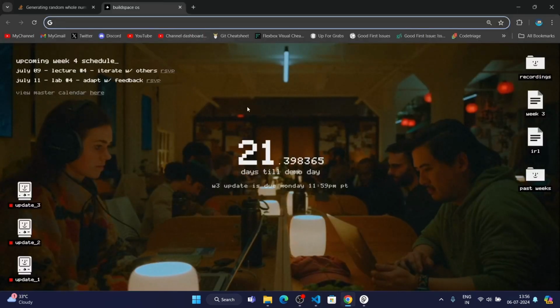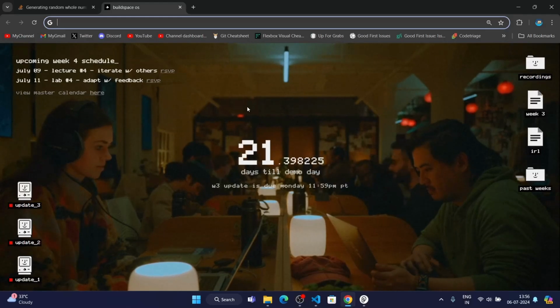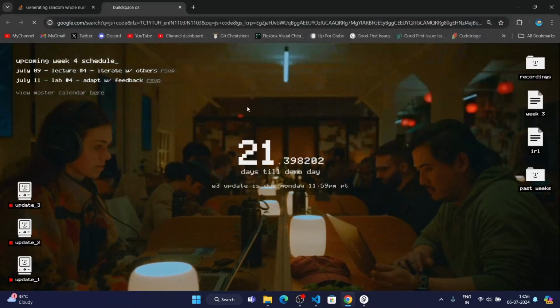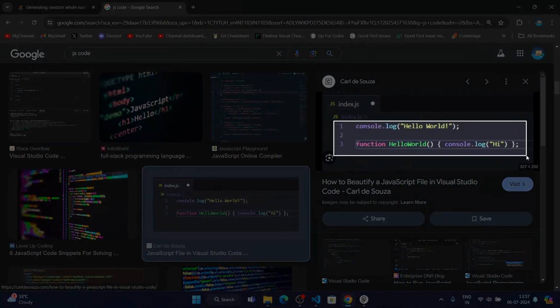You also have this Pieces feature, which can identify code from images of code. It's not like the normal OCR you see. It actually writes your code with the syntax highlighting and stuff. So I'm going to go ahead and type JS code, and for example, maybe I want to save this code. So I'm going to just take a screenshot of the code,